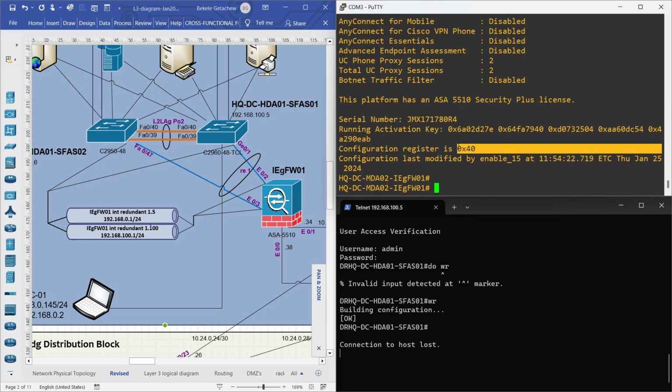Now look at the current configuration register. It is what? 0x40. Okay. This tells the firewall to bypass the configuration whenever it reboots. It tells the firewall to bypass the configuration information. Okay. So we set this configuration register value to recover the password. Okay. So we have to return it back to the default. The default that we recorded here previously was, let's see what was the